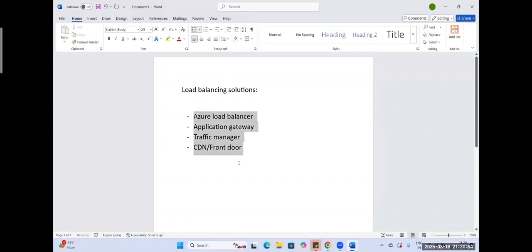Azure में load balancing के लिए चार solutions हैं. So one is Azure Load Balancer, Application Gateway, Traffic Manager, and CDN or Front Door. CDN and Front Door both are the same. CDN stands for Content Delivery Network. So CDN and Front Door, this topic is basically part of